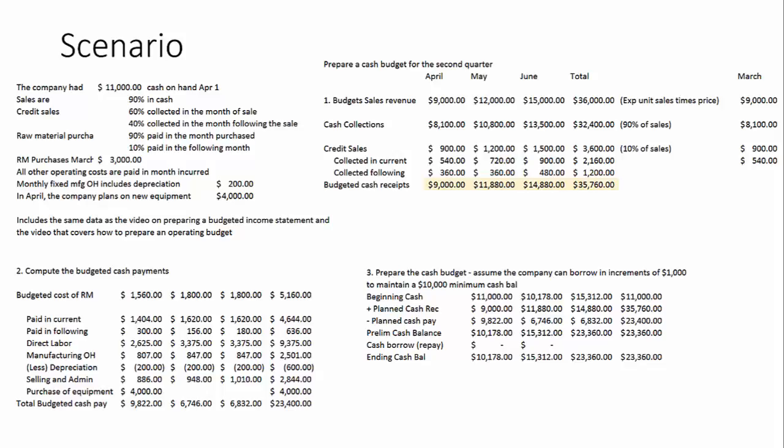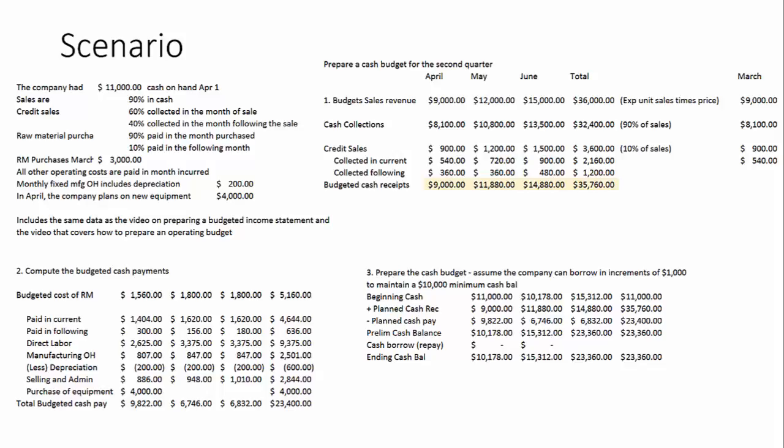We're planning in April to receive cash of $9,000. We're planning on paying out cash of $9,822, which gives us a preliminary cash balance. We then compare that $10,178 to the $10,000 minimum cash balance we want to maintain. So since we have at least $10,000 there, we're not going to borrow any money from the bank. So our ending cash balance is actually